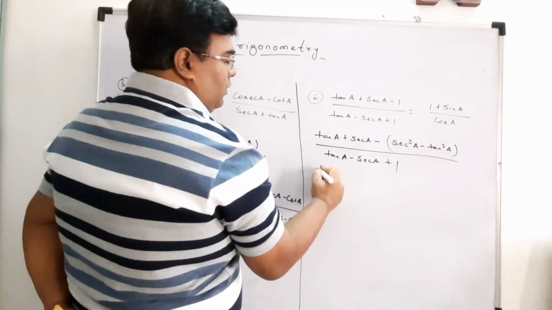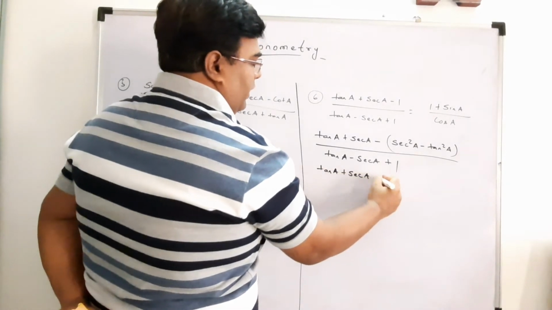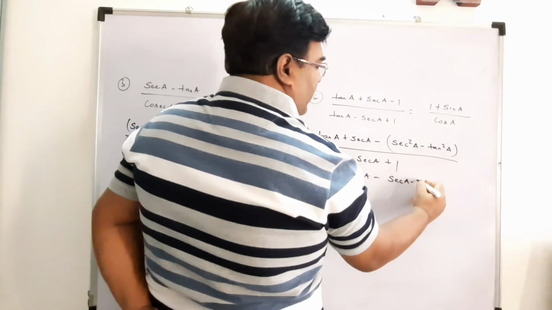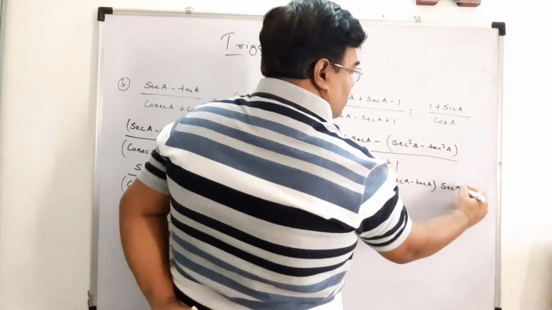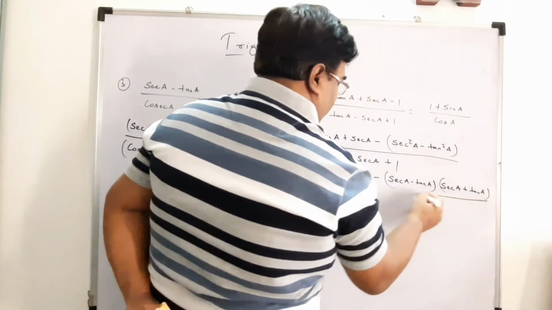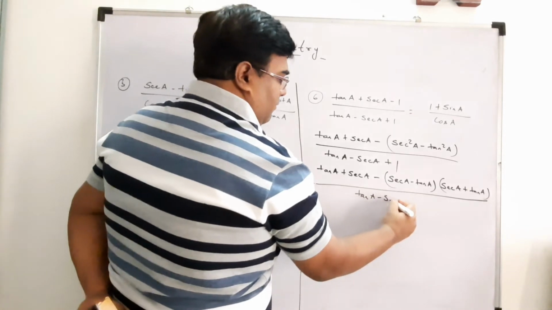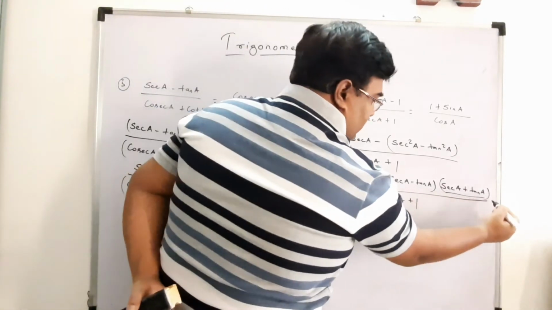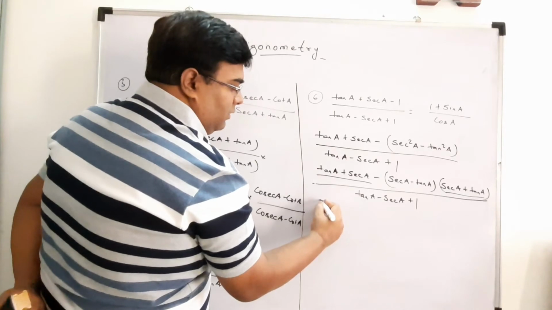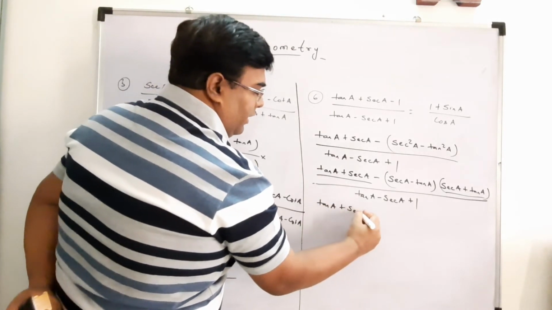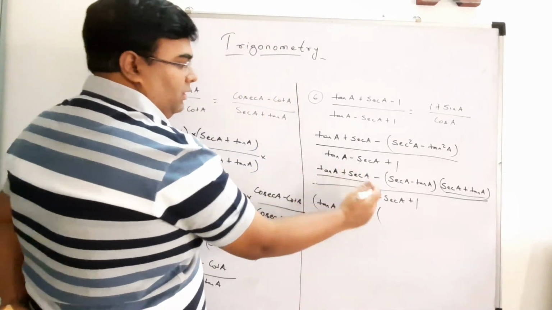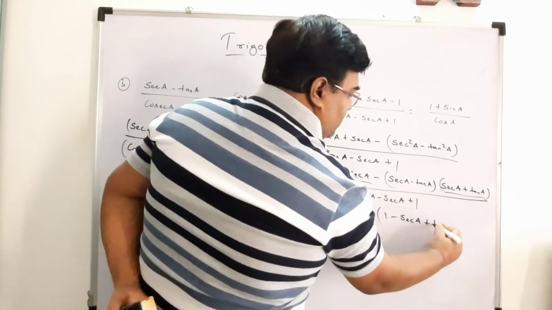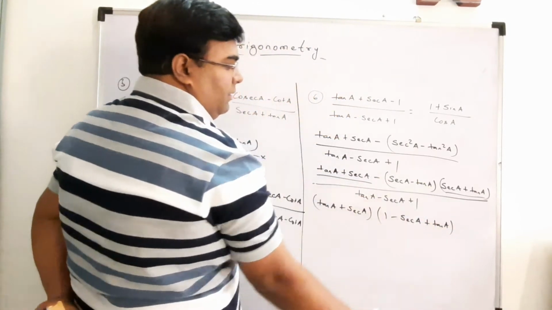Okay, so this is tan A plus sec A minus, now you can convert this A square minus B square into A plus B and A minus B. So sec A minus tan A, sec A plus tan A. Right, now tan A plus sec A is here, tan A plus sec A is here, so you can take it common, so it will be tan A plus sec A. For this you will be getting 1 here, and minus, if you open the bracket it will be 1 minus sec A plus tan A. This minus minus will get plus here.